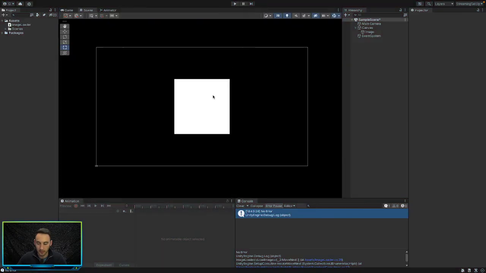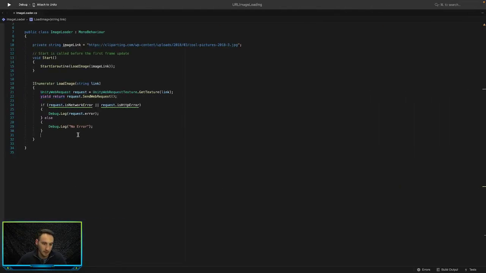So let's go out of gameplay here, and we'll go back in here to our code. Instead of logging the no error message, we want to set the image from this link to our actual image in our game. To do that, we need to create a new texture. So let's say Texture2D, because obviously it's a 2D game. And then let's call this myTexture. You can call it whatever you want, but we'll call it myTexture for this game. And we'll set this equal to